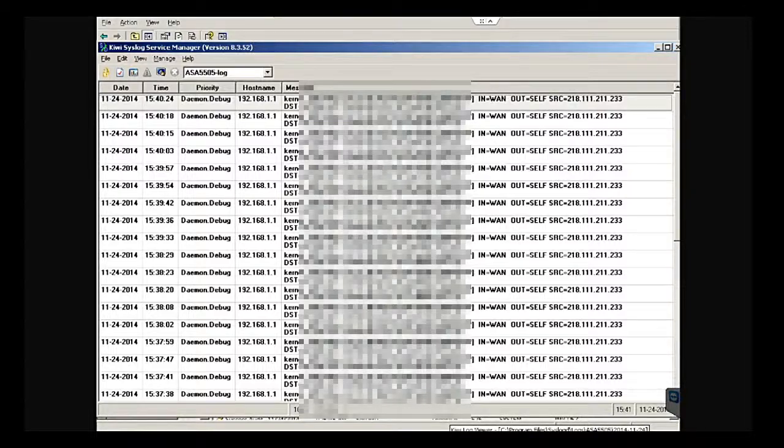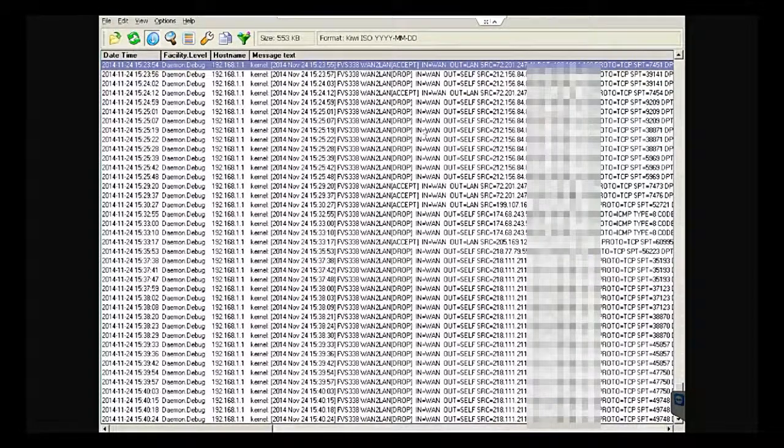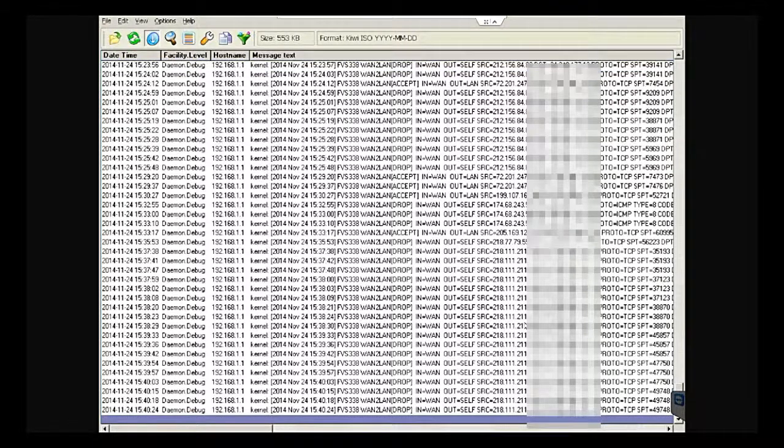And to look at log files, we should get a good log file viewer. And that's what this is. These are both Kiwi, which is SolarWinds now, but these are both Kiwi products. This is the log viewer. And the nice thing about this is that it actually will format it into an easy to read view, unlike Notepad or WordPad, which WordPad's a little better, Notepad's horrible.